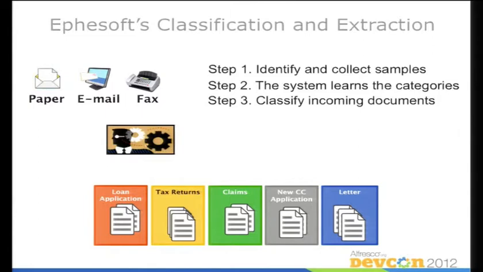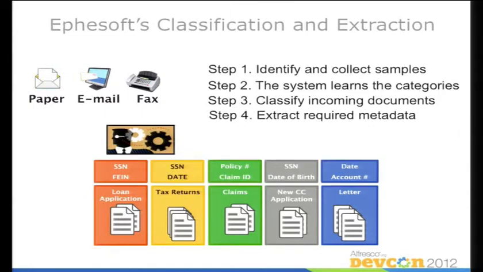Got some other stories in using the product as well. I'll share with you in a bit. But at that moment, you can imagine, right, like any other capture tool, it can go ahead and perform the metadata extraction. It can pull off the pieces that it cares about. Why is this interesting in our conversation? Well, two things. They're using standards-based API to connect with back-end repositories. So as part of that process, after it's done its classification and it's done its metadata extraction, you've now got a composite document, right? You've got a binary, and you've got the metadata pieces about that. How do you get that into a repository? What we've done is use CMIS as that vehicle.